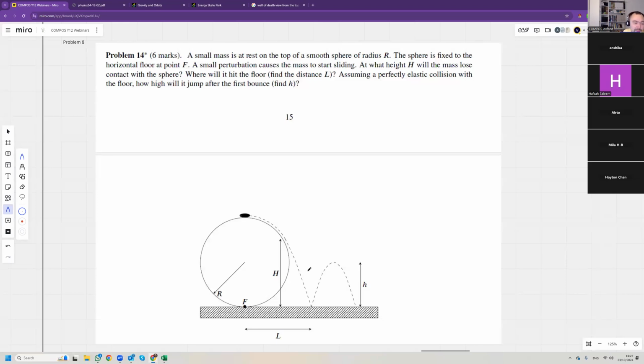So a small mass is on top of a sphere and it starts sliding down. So it starts sliding down, picks up speed, of course. Why is it picking up speed as it slides down? Not quite. Normal reaction force does get smaller, but that's not the reason. Why is it due to the mg? Yes,